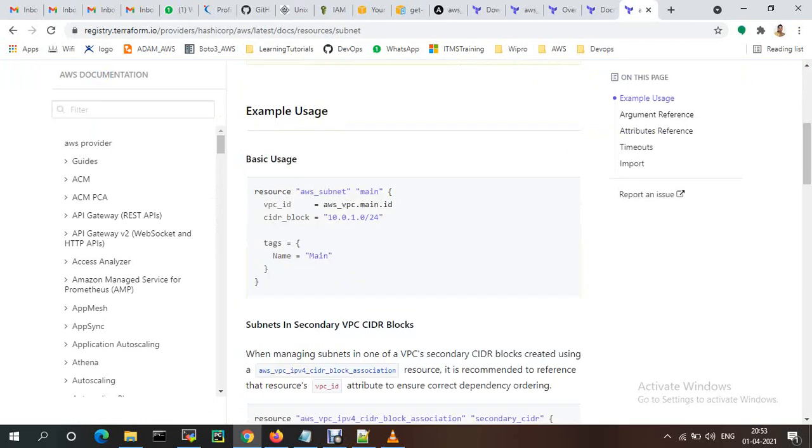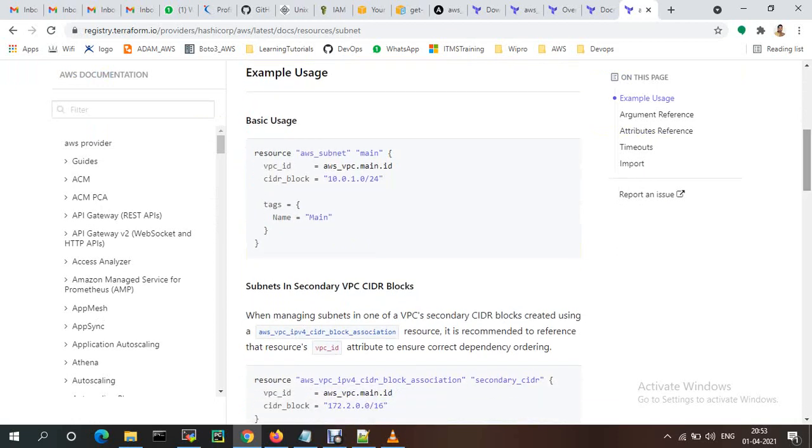It is simple only, just main, tags is main. So okay, AWS subnet main subnet.